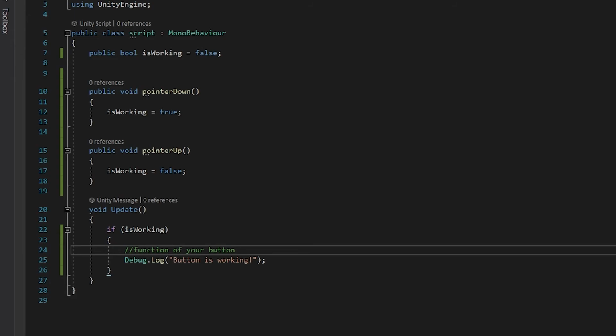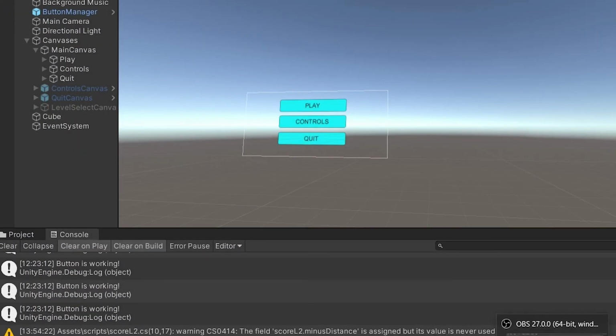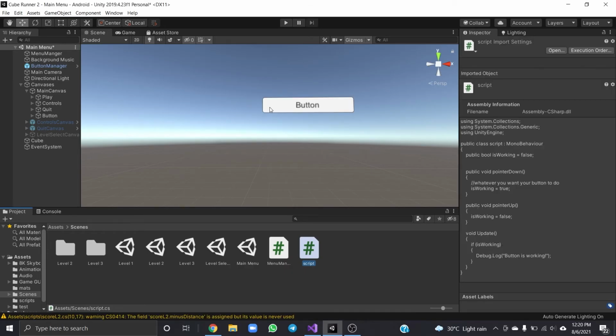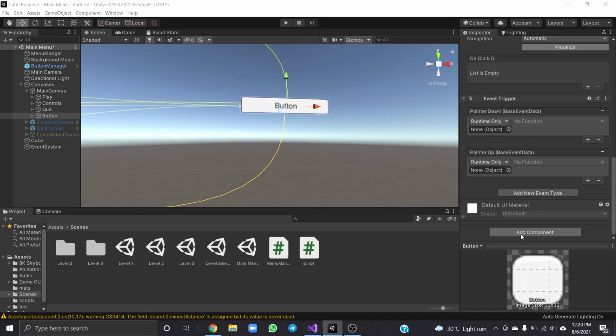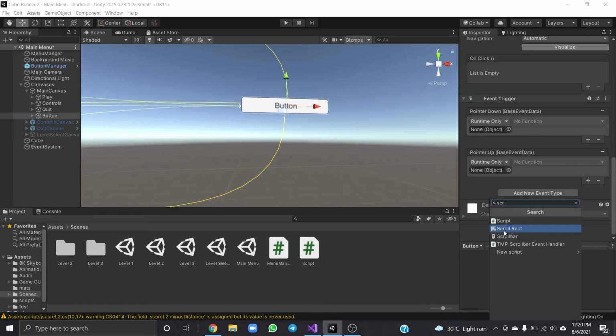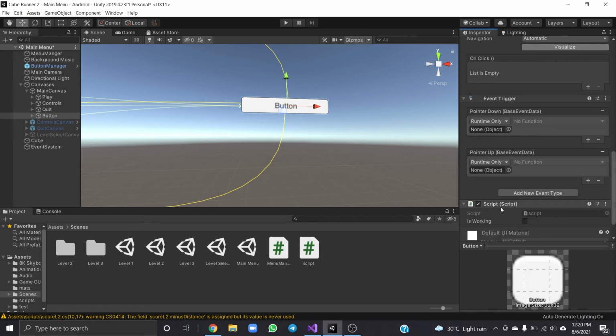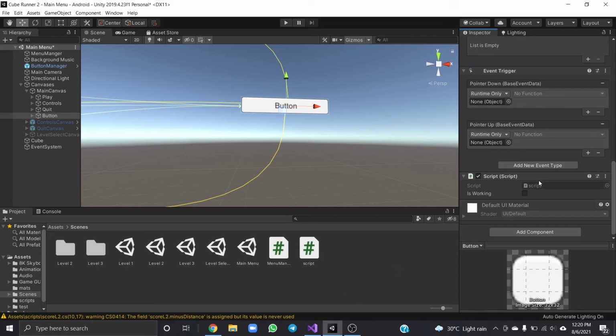Head back to Unity, wait for it to compile, then just add the script to the button, and now drag the game object which you attached the script to, and then for the